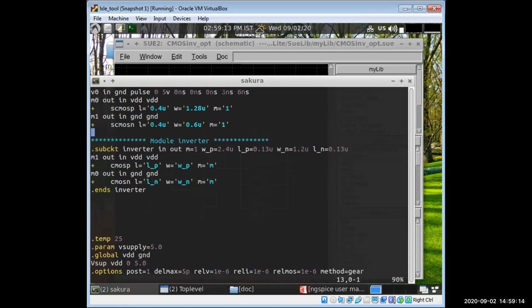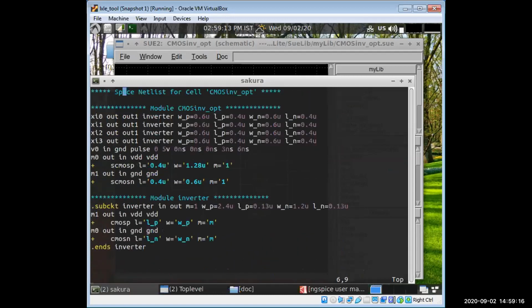Now we have to include this library file. Go to insert mode, do .lib, then apply the path: home, website, projects. I am writing project 2020. You have to write 15 VLSI 70.